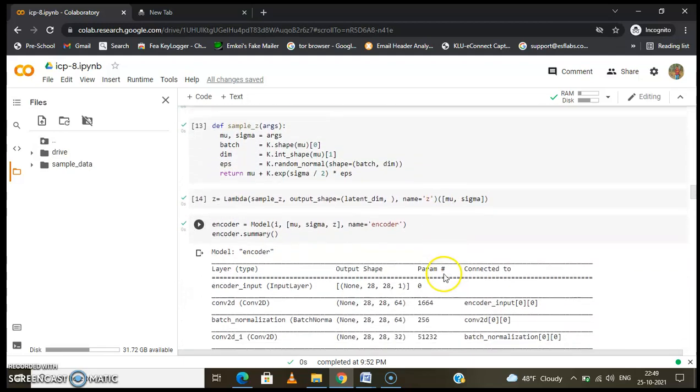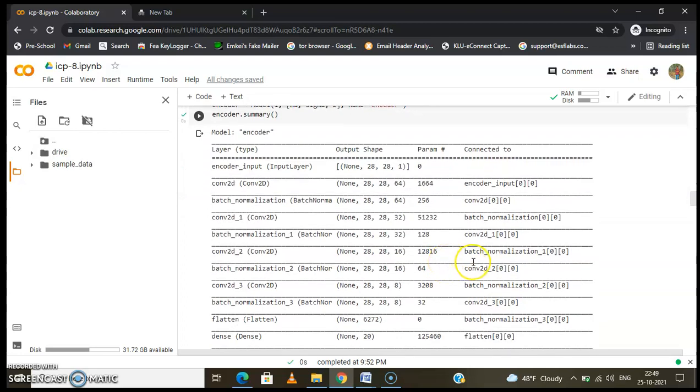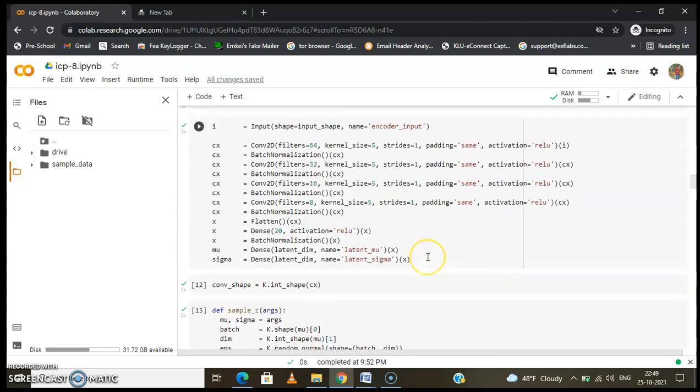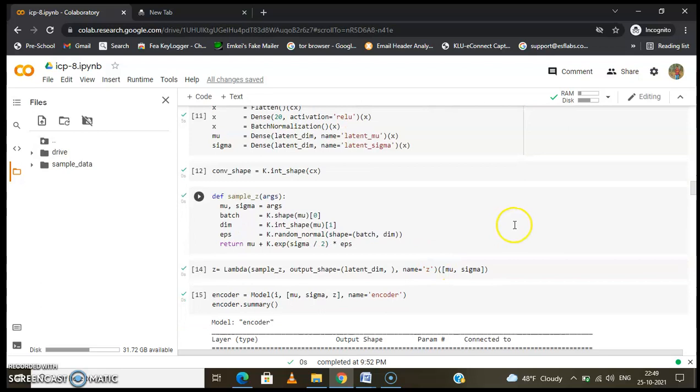So this is a replica of the same thing. I will tell you where we made the changes. In the previous model we had just filters of 8 and 16 in the two Conv2D layers. So we added 32 and 64 over here in the layers.